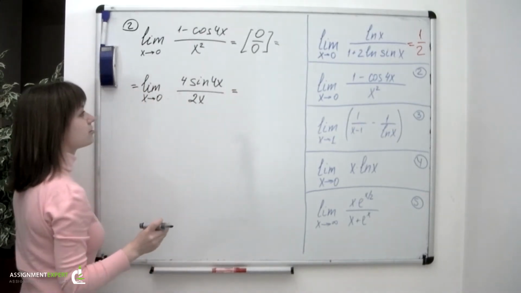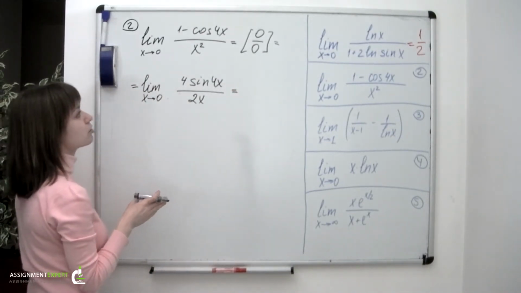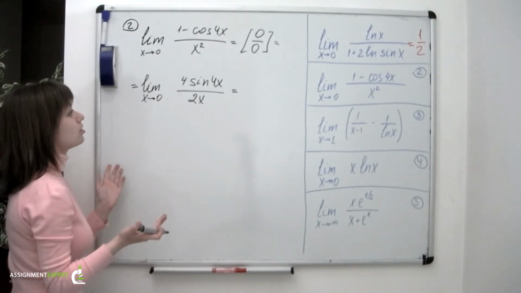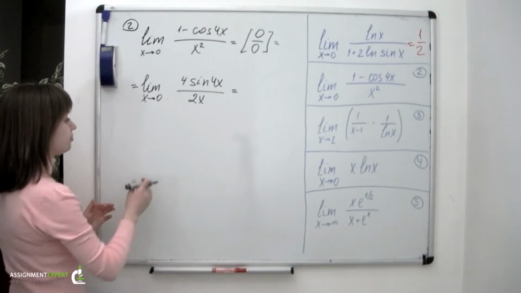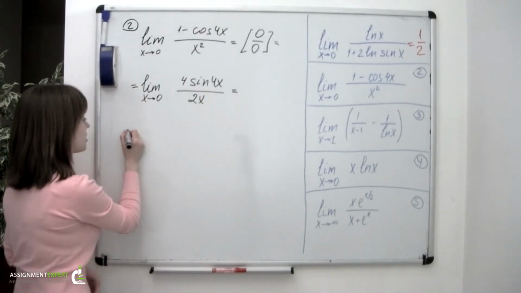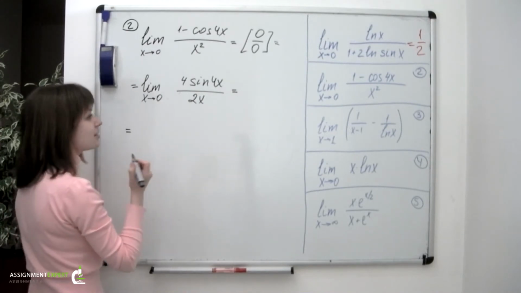And again, we have the indeterminate quotient of the form 0 over 0, so we could use L'Hopital's rule one more time, or again, we can look closely at this expression to see if there's anything we can do about it. And again, I think that we can,